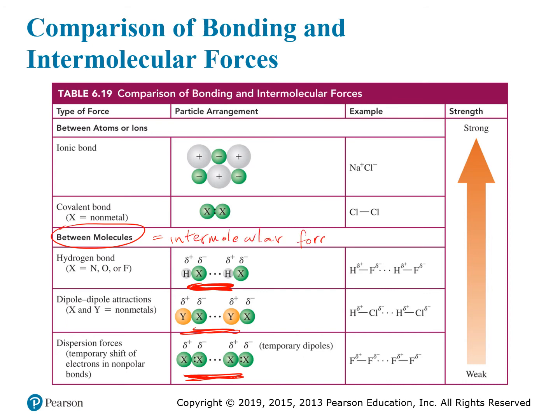Okay, and then more strong than intermolecular forces are the forces between atoms or ions, and these are what we really call bonds. Okay, so again, hydrogen bonding, even though it has that name, it's not really a bond, it's an intermolecular force. The bonds that we talk about are covalent bonds and ionic bonds, and ionic bonds tend to be stronger than covalent bonds. Okay, that's not uniformly true. There are some covalent bonds that are stronger than some ionic bonds, but generally the range of strengths for ionic